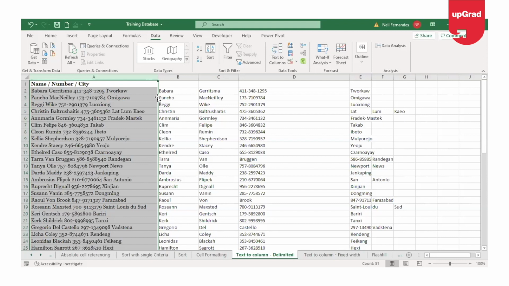However, in the 2013 version of Excel, a new command, flash fill, has been added. But why flash fill? Text to column works with many types of data. However, sometimes you will encounter data that can't be split using text to column. For example, if you have variable data that doesn't have delimiters, in this case, flash fill will be your survivor. Flash fill is an Excel feature that automatically fills values in a column based on a pattern identified in the adjacent columns.